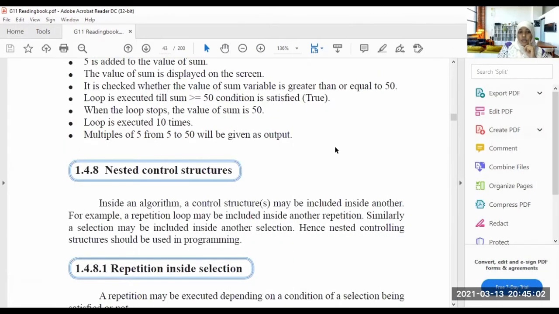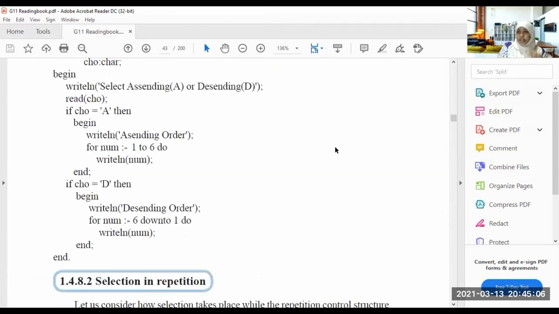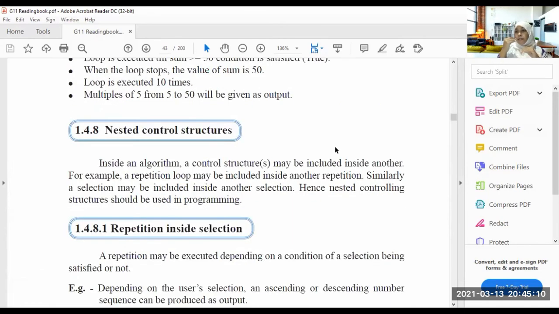The nested control structures. Nested control structures mean there will be a combination of control structures. We learned about 3 control structures, right? Until now, we learned all the control structures separately, isn't it?